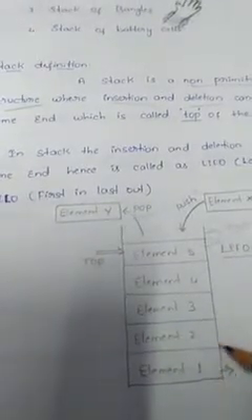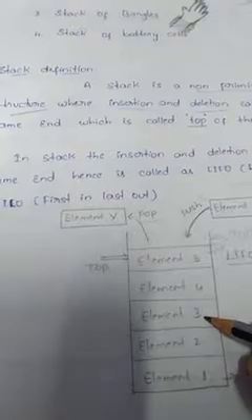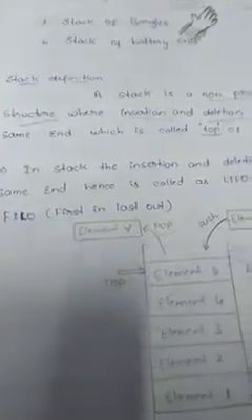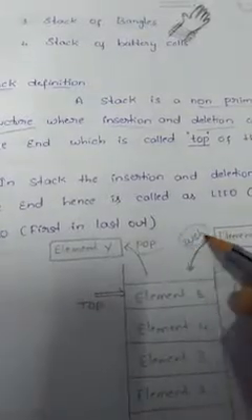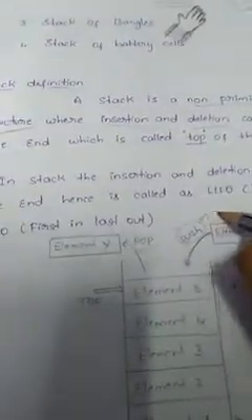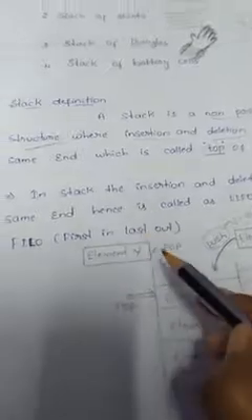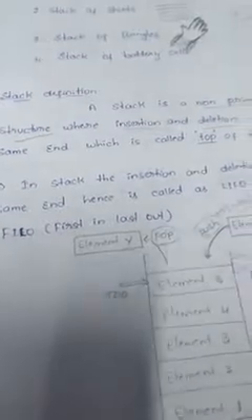See in this example, it has element 1, element 2, element 3, element 4, element 5. First we inserted element 1, next element 2, next element 3, next element 4, next element 5. Suppose we want to insert an element X. This operation is called a push operation. That is, adding or inserting a new element is called a push operation, an insertion operation. If we want to remove an existing element from the stack, it is called a pop operation, or we can say we delete the element.